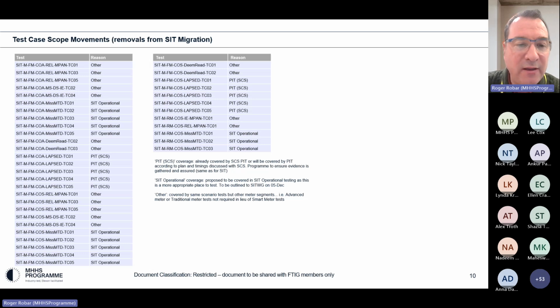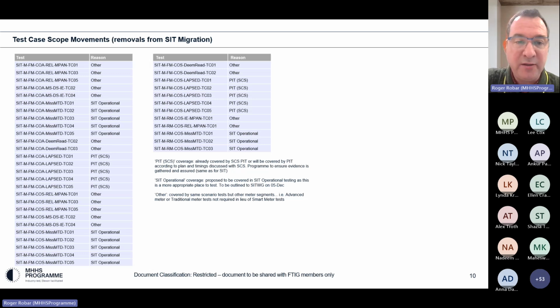So looking at these, we've got three broad categories. Some in the middle here, you can see, and over here are best handled in PIT. We talked about how a lot of them are negative tests, and it's incredibly difficult to do a negative test in SIT, where there are quite rightly lots of data protection and sanitation measures in place to make sure that no negative data or no negative test cases occur.